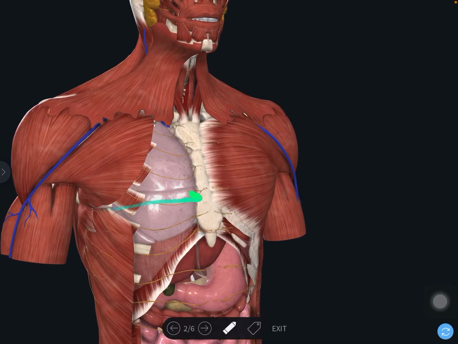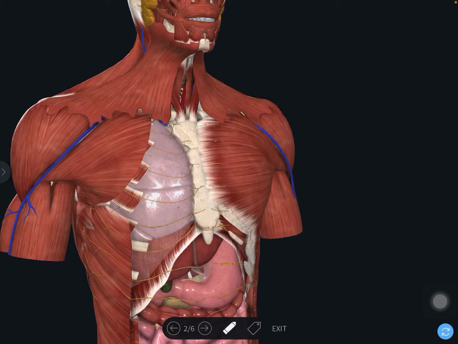We have seen boundaries and parts. Now the contents of the space. If it is asked as an essay, you have to write like this elaborately. The contents of the intercostal spaces are the intercostal muscles, which you are seeing in between the ribs. Here we have the pectoralis major muscle, which is removed in this part, and the pectoralis minor is also removed.